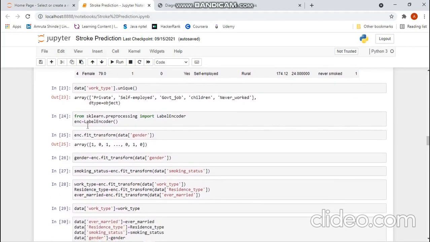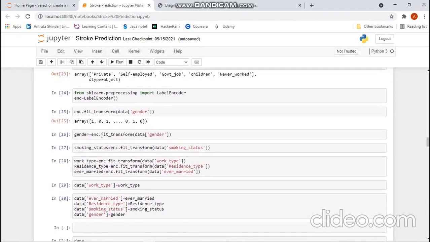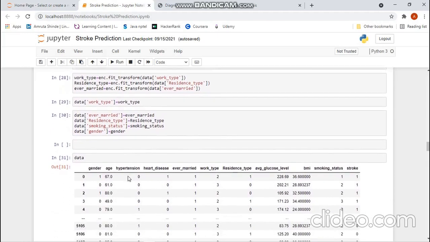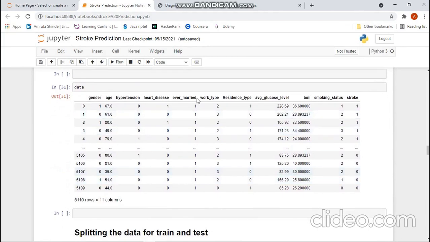So now using fit_transform, fit_transform will first understand the pattern and then transform it. So in this way, I have applied it to all the types, like for gender, then smoking status, etc. So here we can see the transformed data.